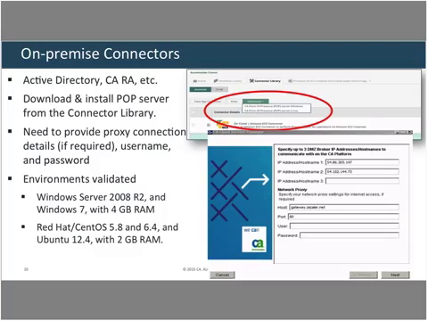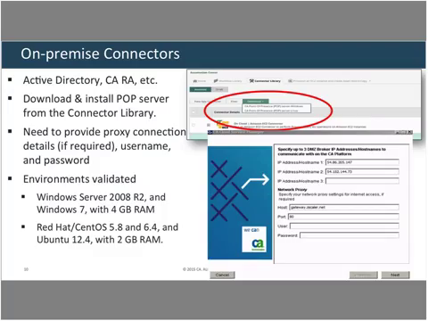Let's take a look at what is needed for on-premise connectors. As you see, the cloud CSM is hosted in the cloud, and your servers like Active Directory and CA Release Automation are hosted in your data center, right? So we need a way to connect from cloud service management to your data center. What we have is a POP, point of presence, that needs to be deployed and installed in your